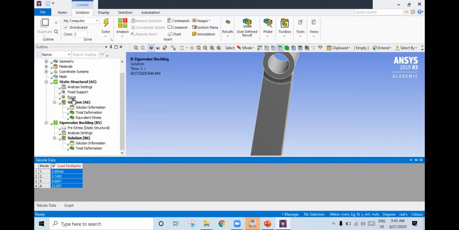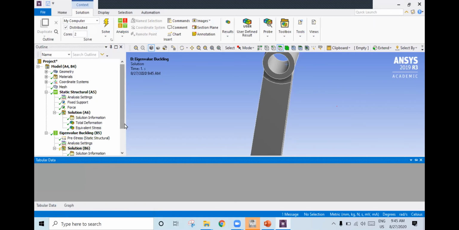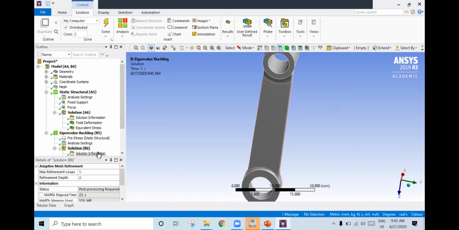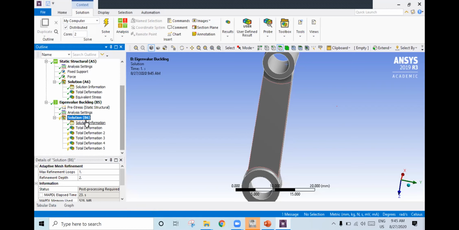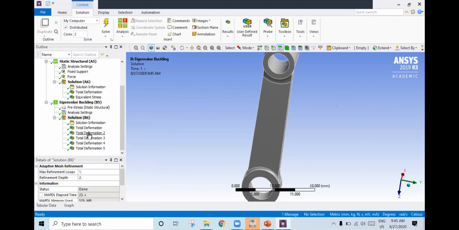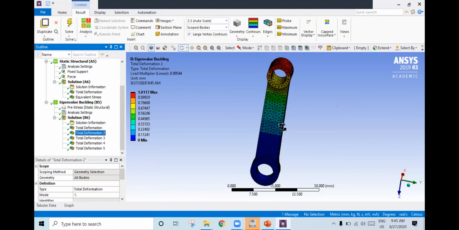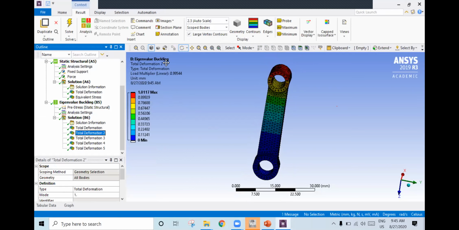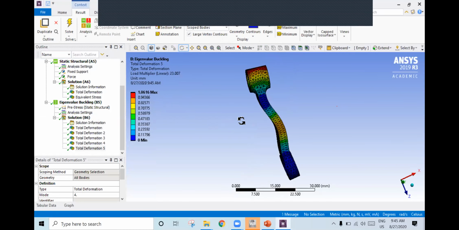Okay, all of you got the idea, right? You can extract this. Right click on this, you can create mode shapes, same as what you have done in the model. Right click, evaluate result. So you can check, for this particular case the load multiplier we are getting is this much. This is the deformation we are getting, and for this we are getting 1.06 deformation. So this is the buckling load.